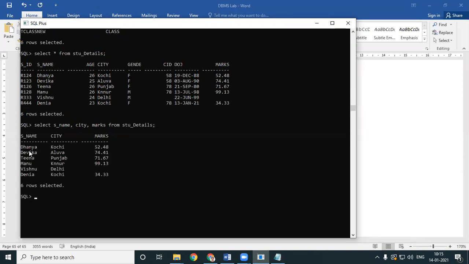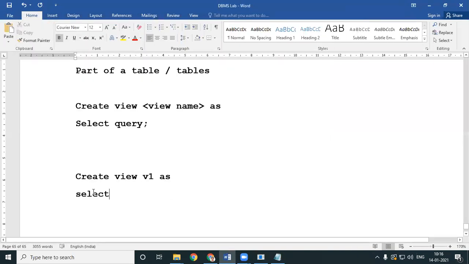So this is what I want: a sub table or a view which has only name, city, and marks. The easiest way to create a view is to first see whether your select query will work. If your select query works, then your view will be perfect. I'll copy my select query over here and paste it.